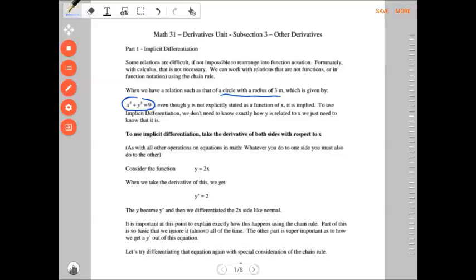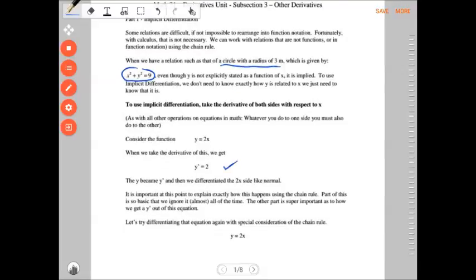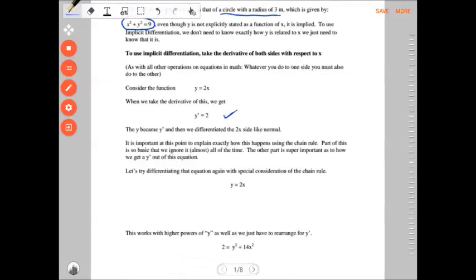So let's consider this function, y equals 2x. When we take the derivative of this, we get y prime equals 2. That you guys have been doing for a little while, and it's pretty straightforward, not a problem. Awesome. Now, the trick, though, is